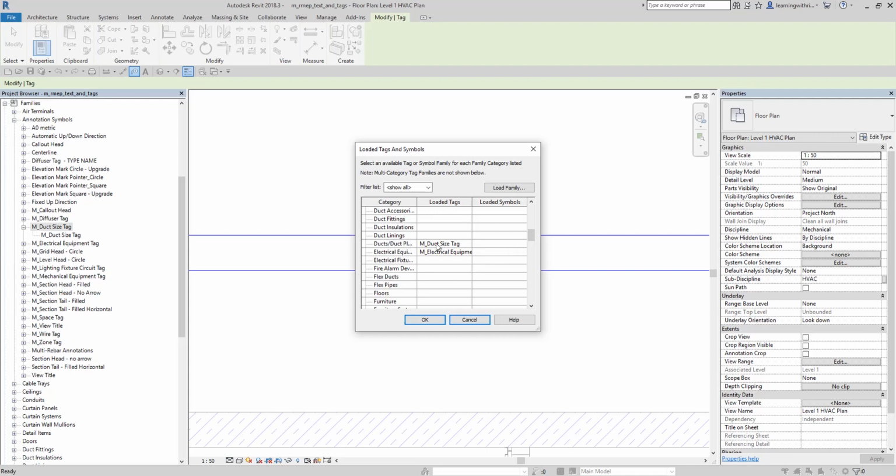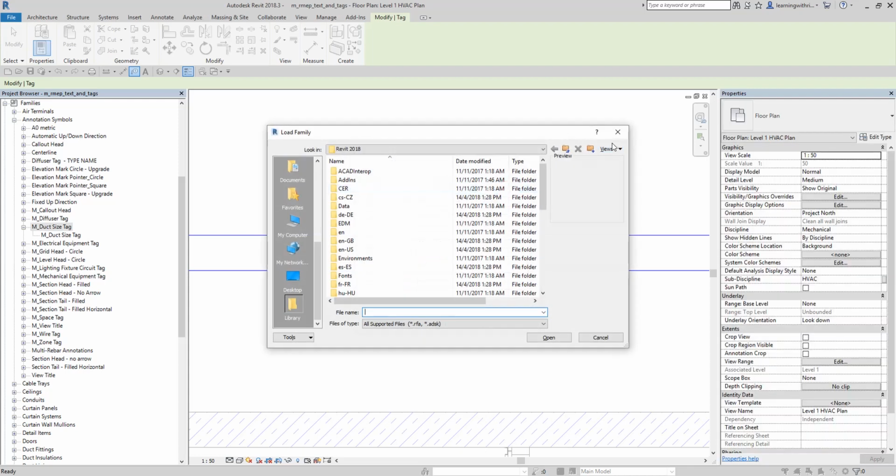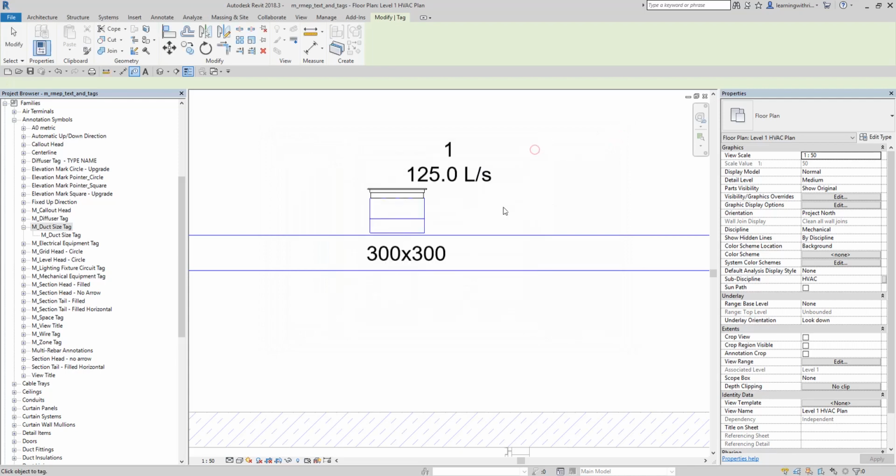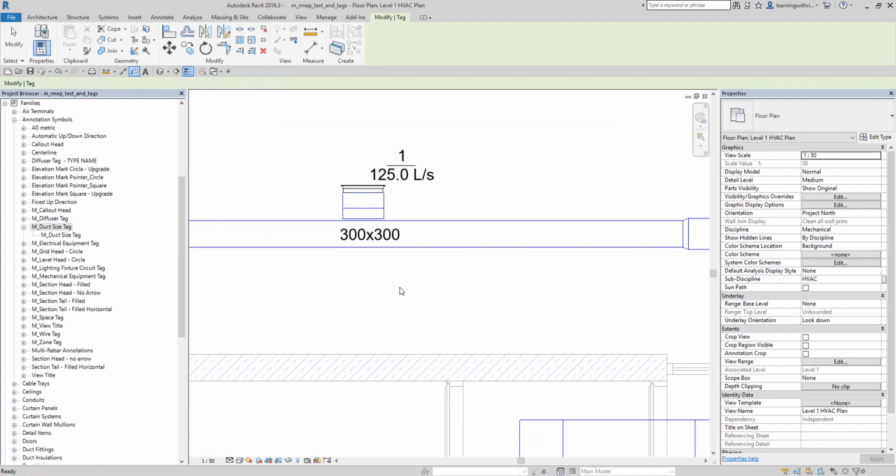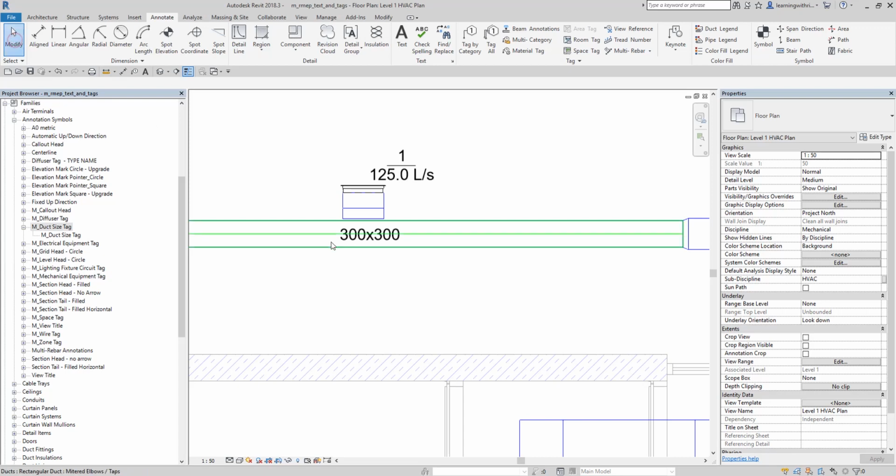In case there's no loaded tag for the tag, you just click that. You see there's no loaded tag, for example, then you can add one. Okay, you can add one. Anyway, going back to what I'm saying, in case you want to edit your duct tag, then you